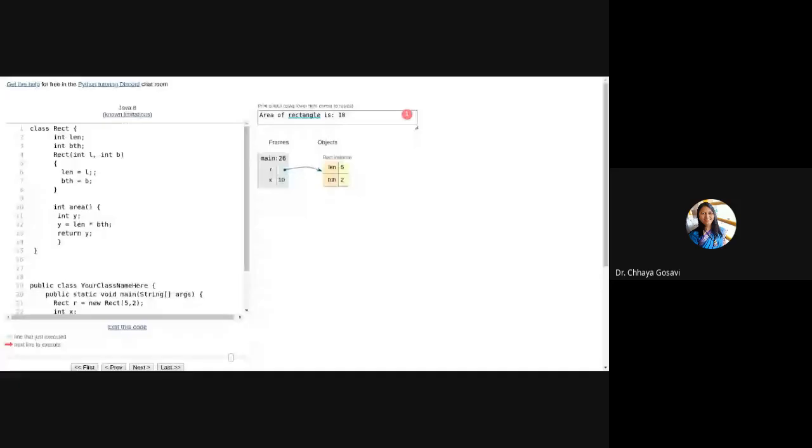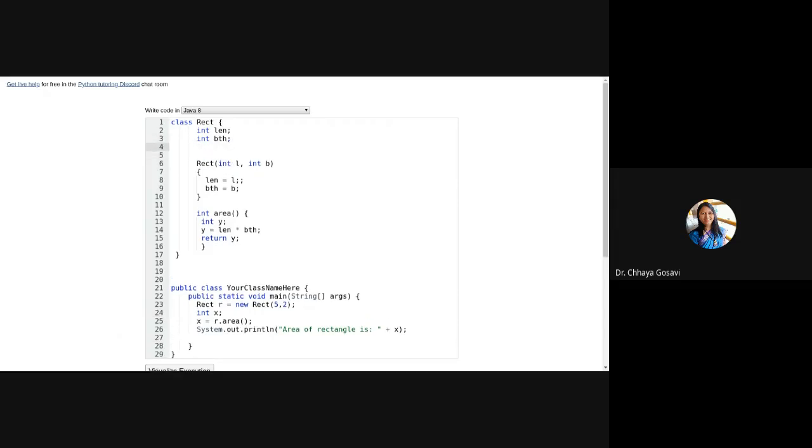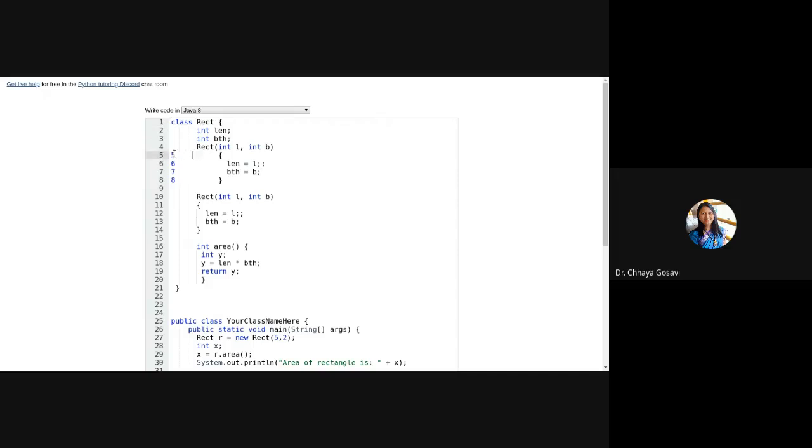So I'm taking this example rectangle, which is already there. I'll just show you with default constructor and parameterized constructor. For a default constructor, I didn't have to pass any parameters, and I'm initializing these values to say 1, 1. I want to create a rectangle of size 1, 1 whenever it gets created with default constructor. This is parameterized constructor, only two constructors.